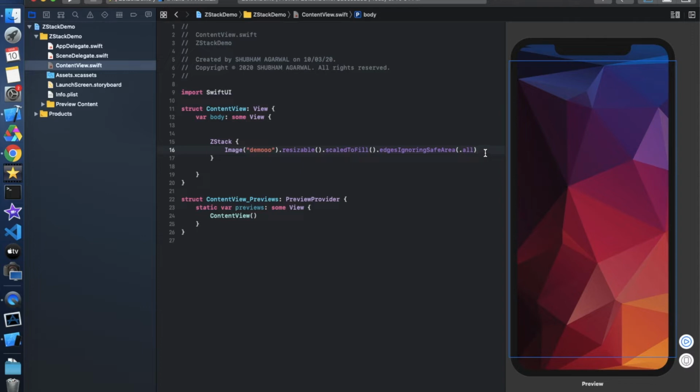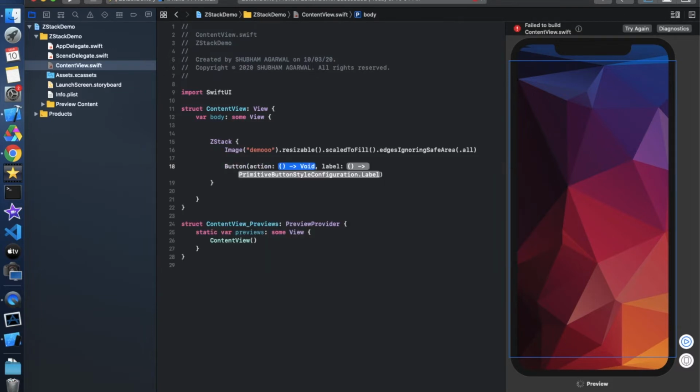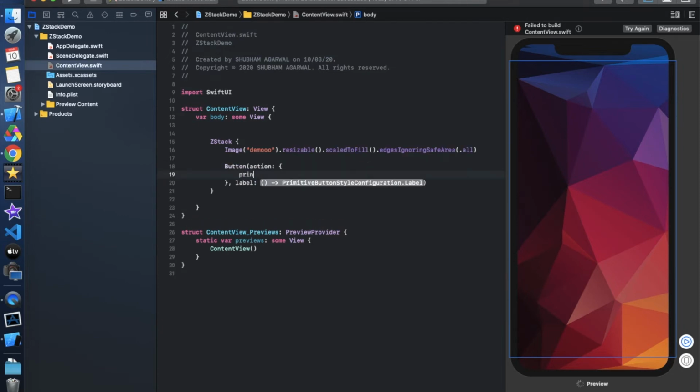Now whatever we have to integrate, for example if we want to integrate some text or button, we just simply place these things over here. So I'm just putting one button over here, and in this we have to take this method, and in the action I'm just printing simply like button is clicked or sign up button is clicked, because we are going to use a login button also on the screen as we have seen in the demo, like this.